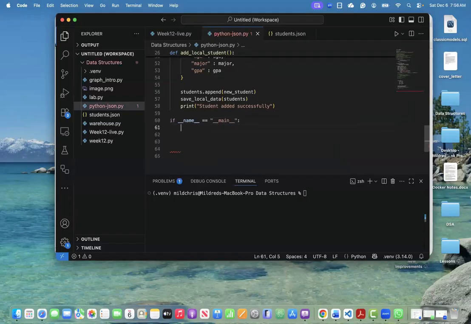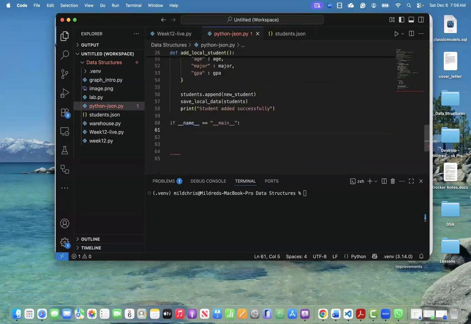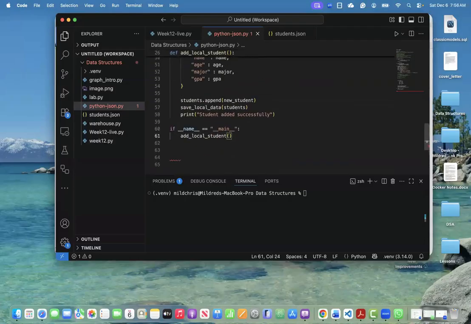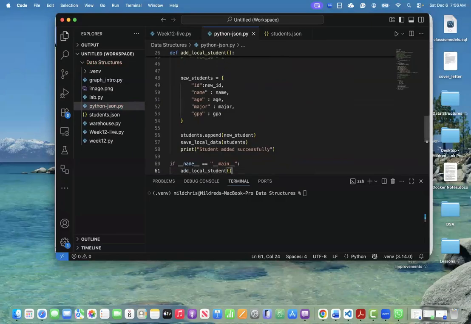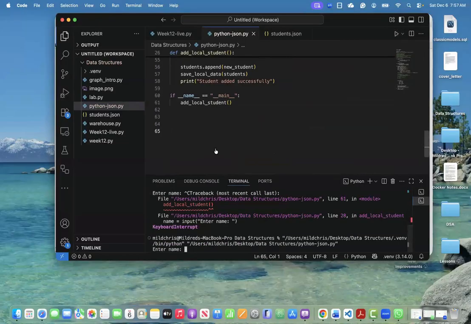So let's test this. Let's try to call this function and see if we can append or create a new student. So we have the function here, add local students, right? Okay, so we'll call add local students. And so when we run this,